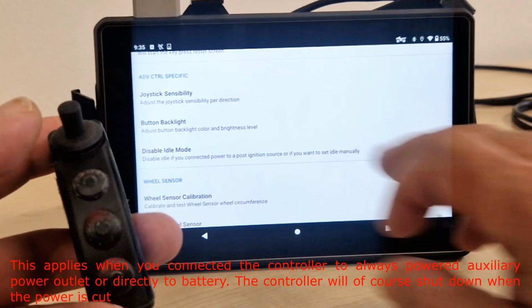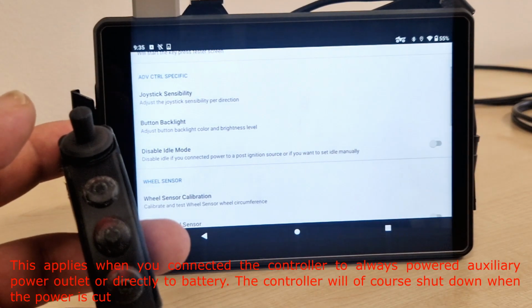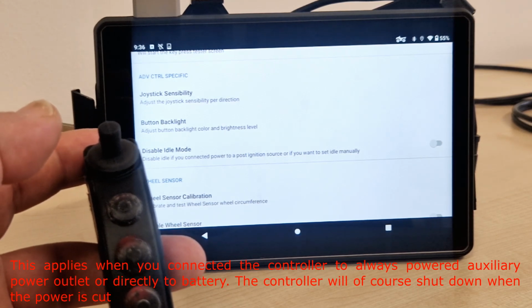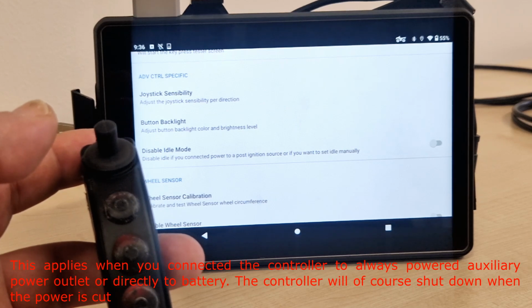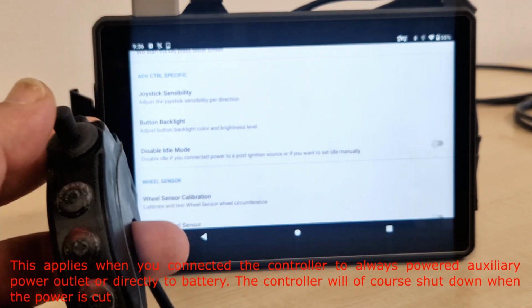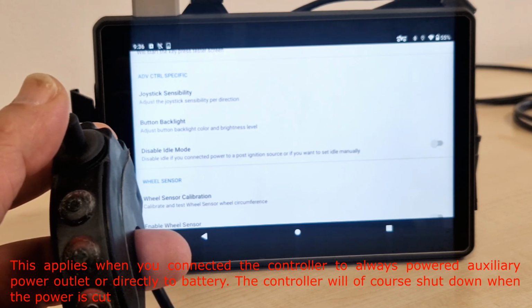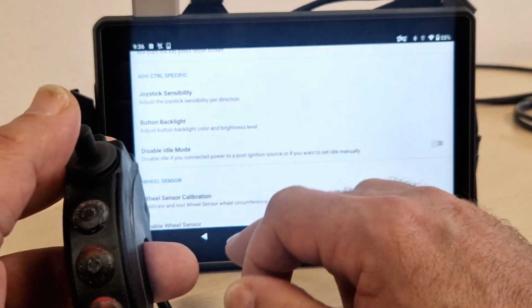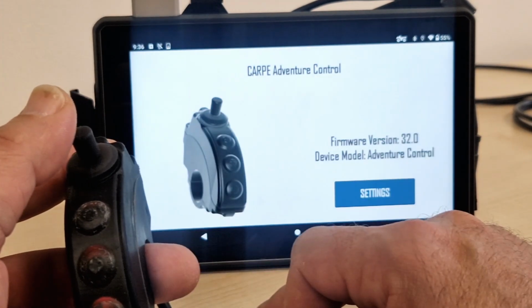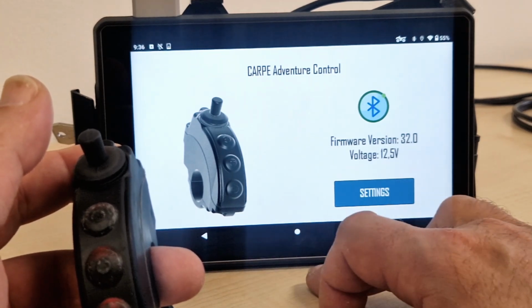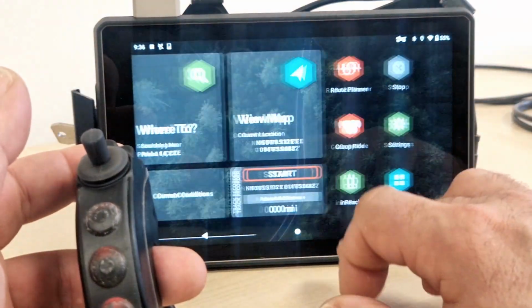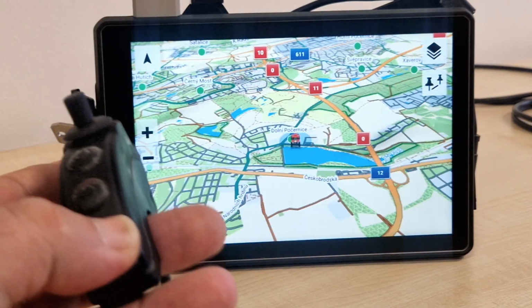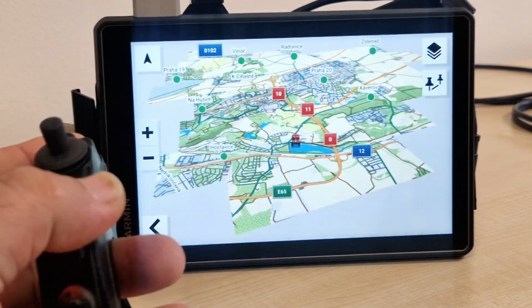Just recently we optimized the idle mode, so you shouldn't be having a lot of problems with the controller going into idle mode without you actually wanting it to. We prolonged the timeouts and we adjusted a little the voltage levels. But if you are still having problems, this is the setting that is going to fix it for you. And now we're connected. Just to really quickly check that everything is working. Yes, we agree.